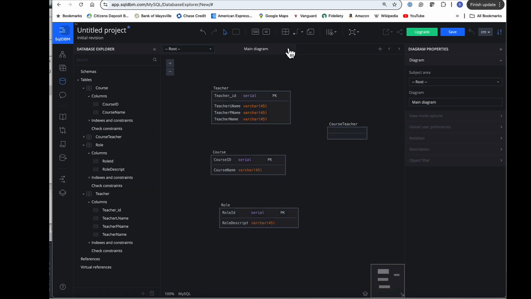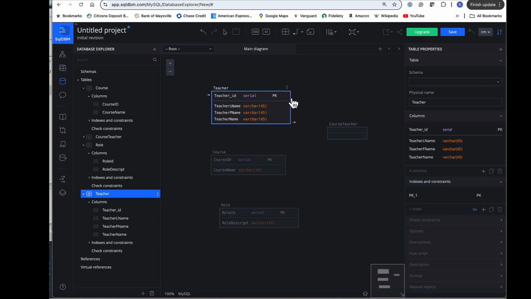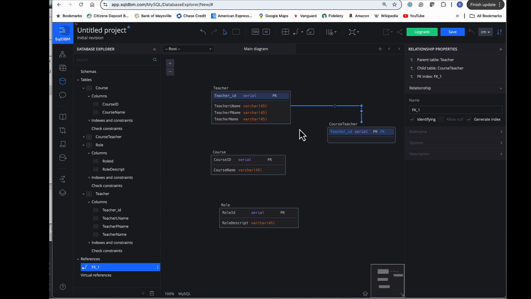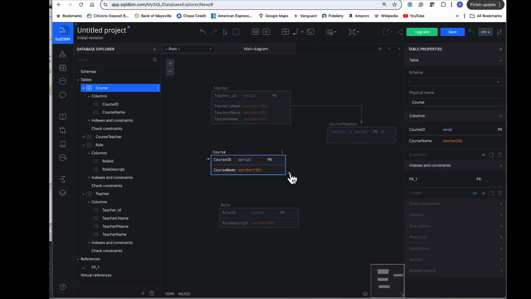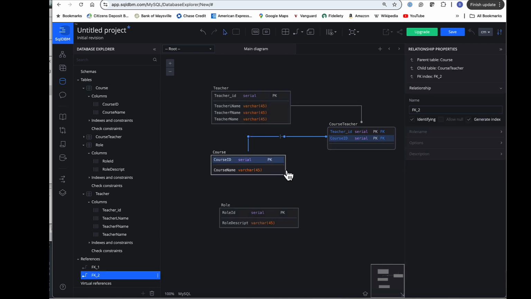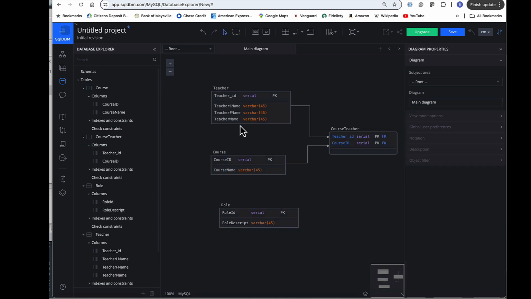And now we're going to use the reference, and we're going to use identifying link, and we're going to go from here to there, and from, so we're going to come up here, we're going to say it's an identifying,